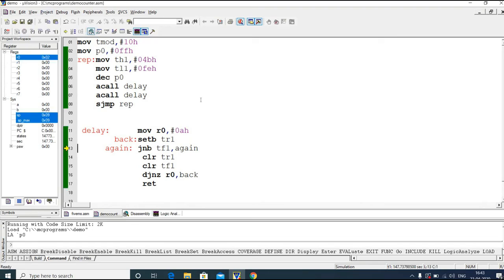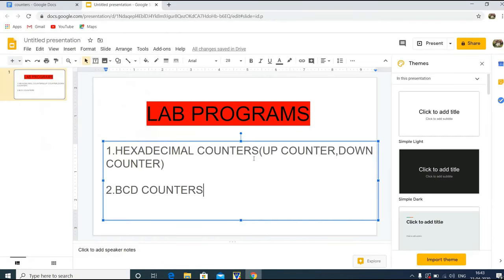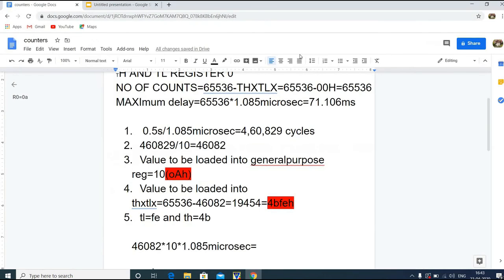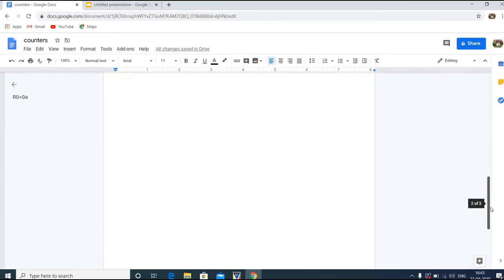The 8051 provides one instruction which will convert the hexadecimal number into a binary coded decimal number. That instruction is DAA, that is decimal adjust after addition.